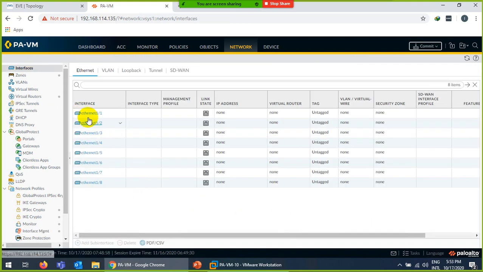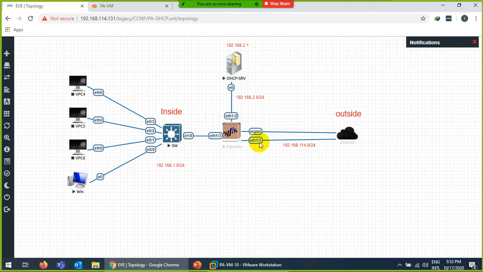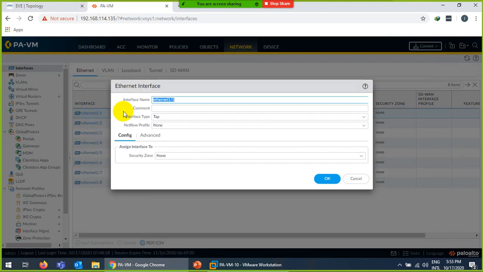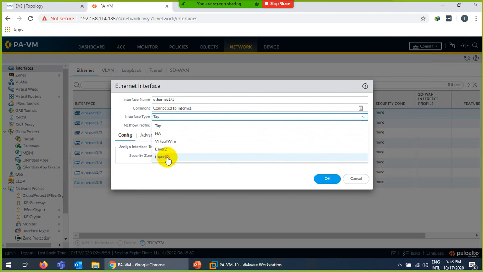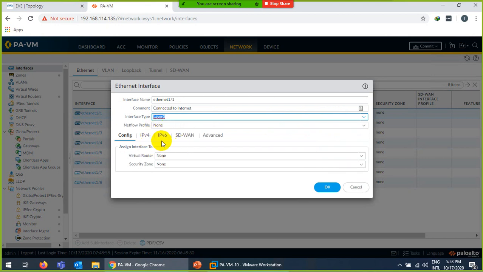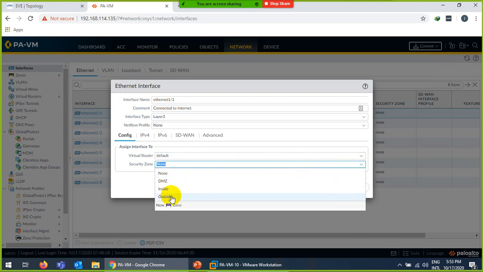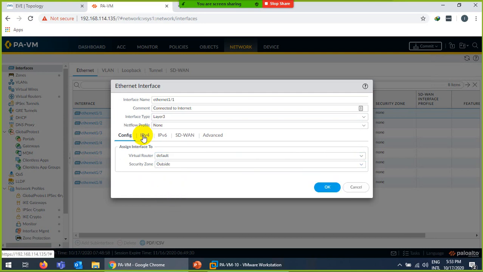Okay, and now which interface are you using? So 1 is used for outside, 2 is used for DMZ, and 3 is used for inside. So 1 is for outside. Click on interface 1/1, just say connected to internet, so at least we know this is a comment. And interface type, just change to layer 3. Okay, and virtual router we will use the default one, and security zone we already created, so this is an outside zone. Now coming to IP address,